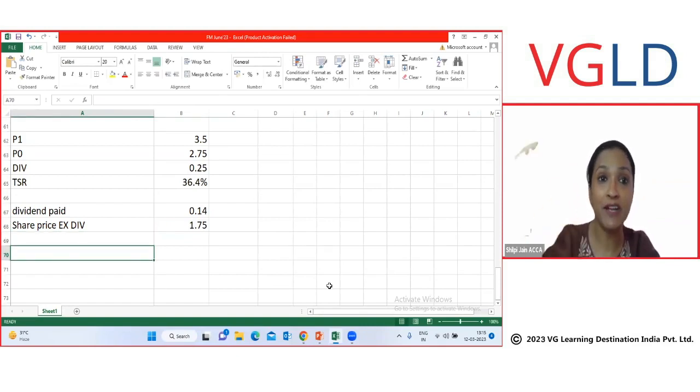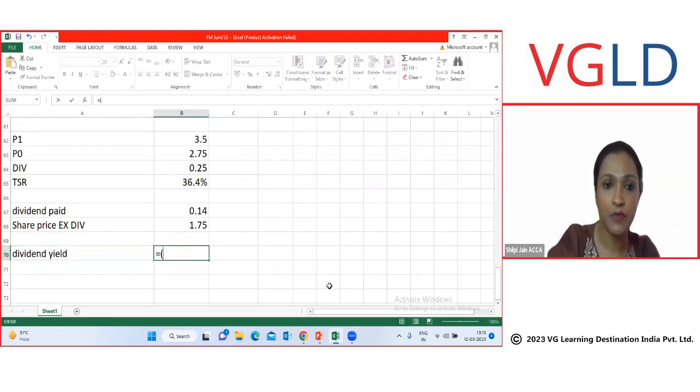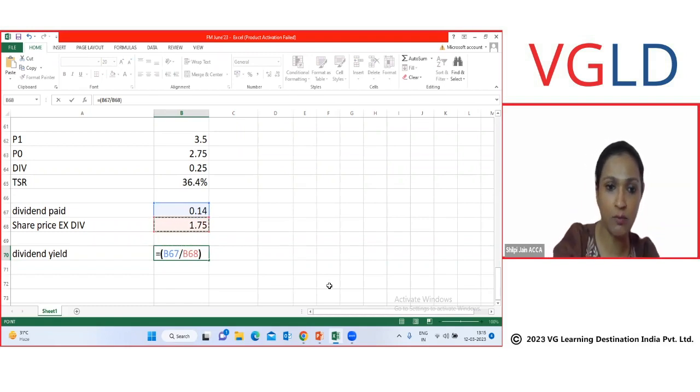1.75. But the dividend, the topper which you're going to take, is obviously representing both the interim as well as the final dividend. Your share price, however, has already reflected the interim dividend which was paid during the year. So now you only need to remove the final dividend which was paid off. So my dividend yield is how much? 1.75, 0.14 divided by my total ex-dividend share price, and just to earn a percentage of